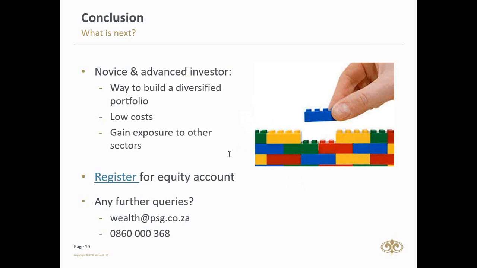Okay, Ken, good question. How much are the fees and commissions? Remember, they trade like a share, so it'd be exactly the same as a share. Our brokerage fee works on a sliding scale, 0.9% for your first 25,000, with a minimum of 98 rand per trade. Remember the total expense ratio is all priced in already. So to answer your question, it's treated like a share. Go onto our website, look at the fees for shares, and it's exactly the same. So securities transfer tax and things like that are on the brokerage.